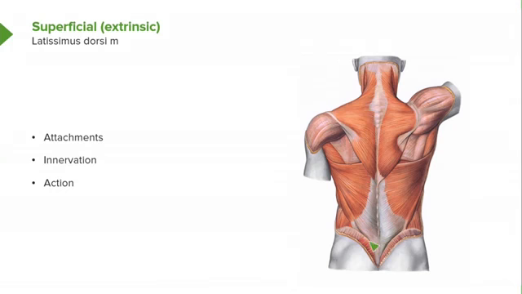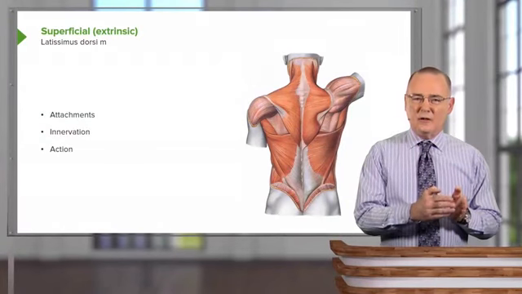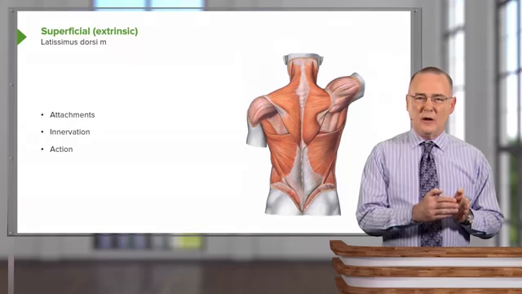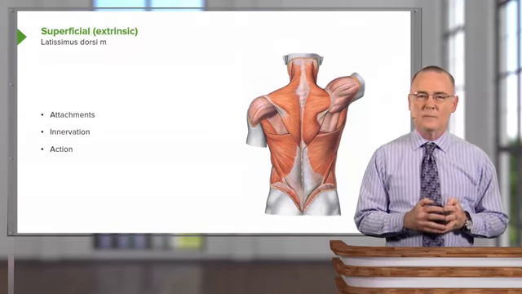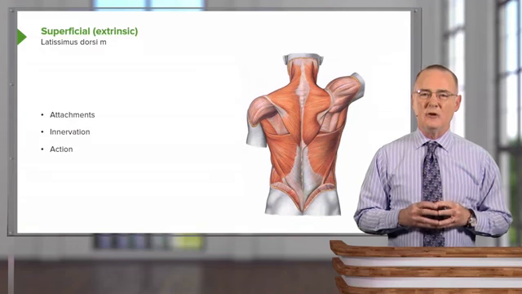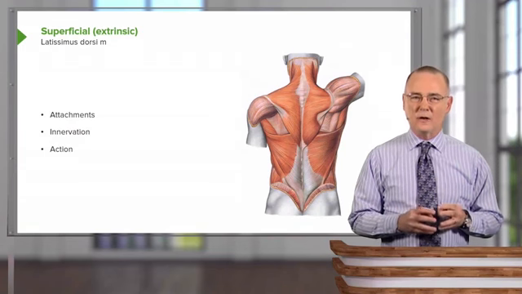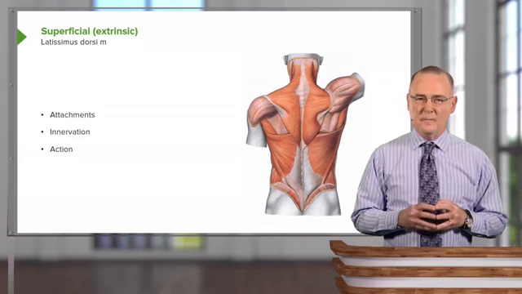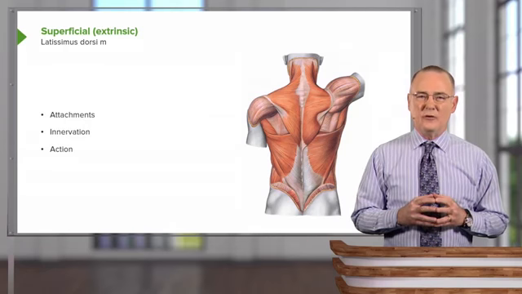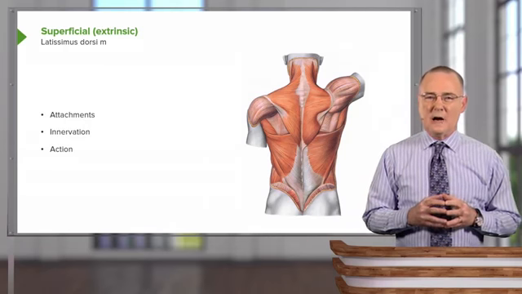These points of origin are very wide or broad, and you look as these fibers course laterally and upwards towards the humerus. They all converge into a narrow band, and the latissimus is going to insert into the floor of the intertubercular groove or sulcus of the humerus. The nerve that innervates your Latissimus dorsi is your thoracodorsal nerve,